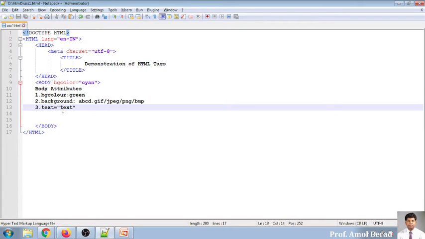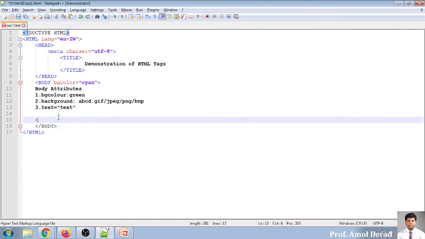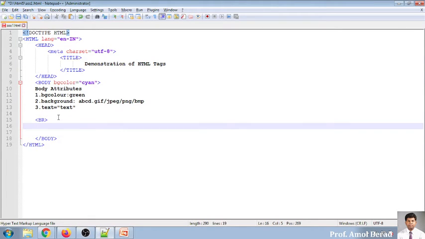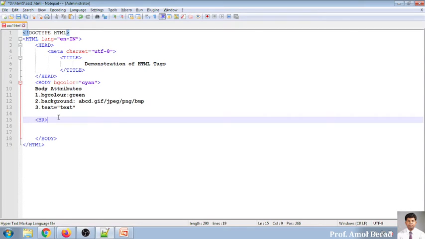Now we will go into detail. So I will be using one tag called BR tag, that is break line. BR is nothing but a break. Okay. It is a singleton tag. There is no need for you to start and close it like this. So there is no BR like this. It is not expected to write like this. Only it is single BR.